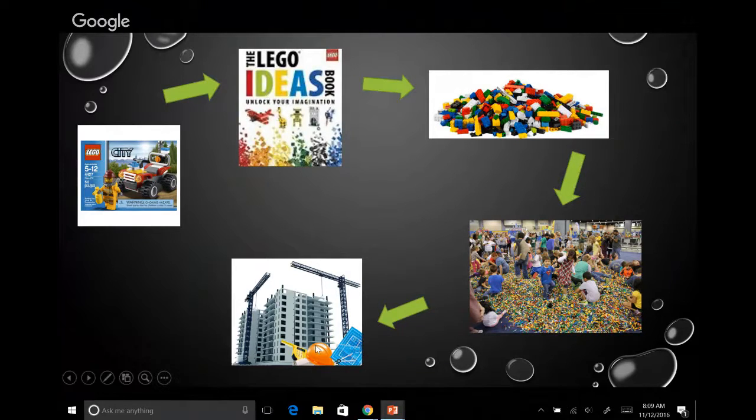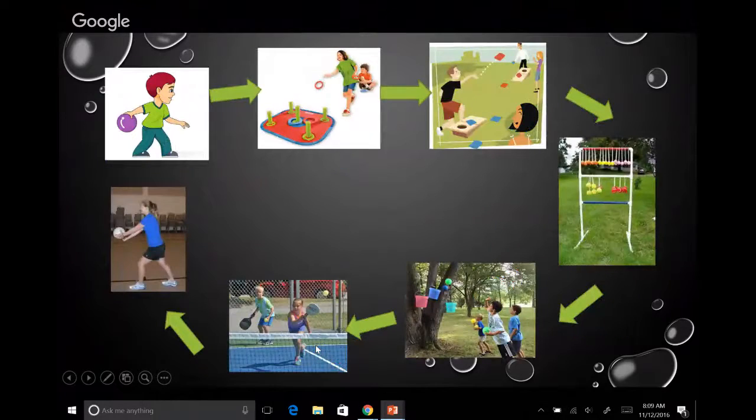Now we're going to shift that into our content. So here we have a scenario. The child's learning how to perform an underhand throw, and they're given the cues, step, tick, tock. The learning may or may not stick. Imagine that the student is also given the critical elements of an underhand throw: face the target, step with the opposite foot, swing the arm in the direction of the target, and follow through with a straight arm toward the target. There may be a greater chance that the learning sticks with more students.